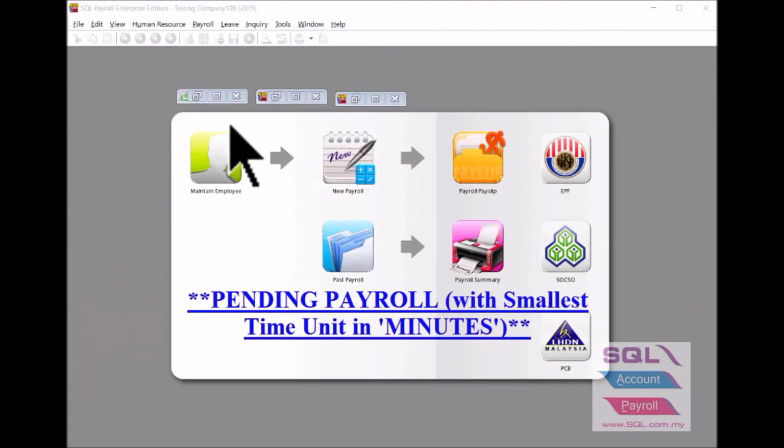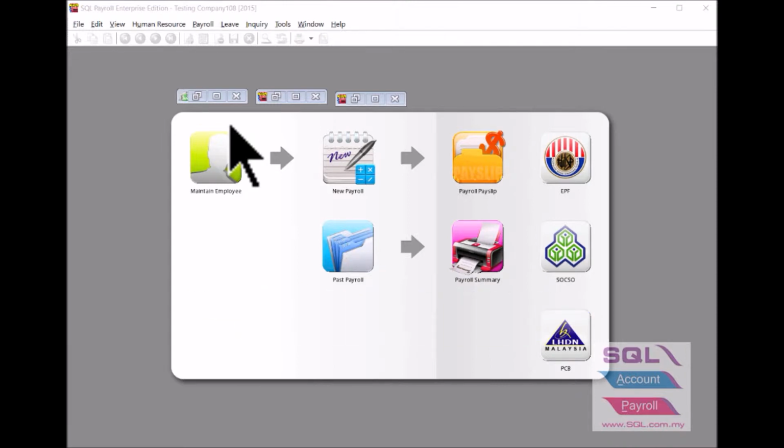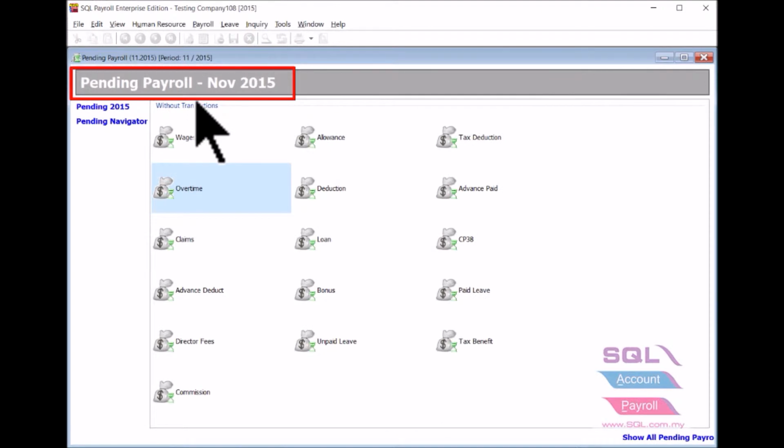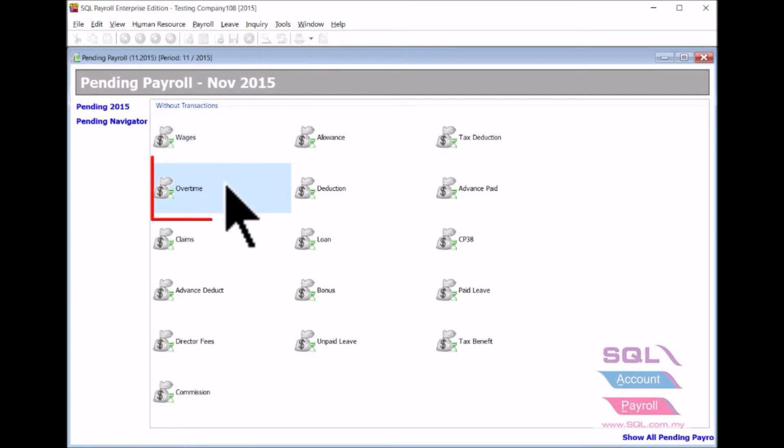Now, I will talk about pending payroll. There is no need to wait until month end only to start entering the ad hoc transactions. You may key in any time at pending payroll. Here is how it works. Let's say you receive a list of employees who did overtime last week. You may go to pending payroll, overtime,